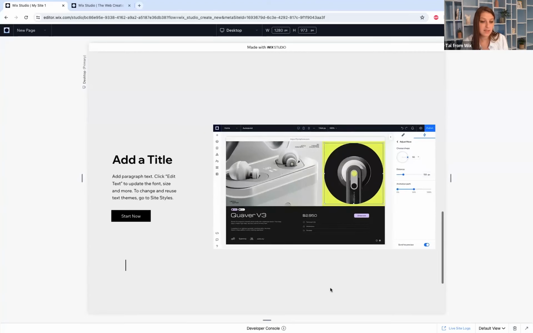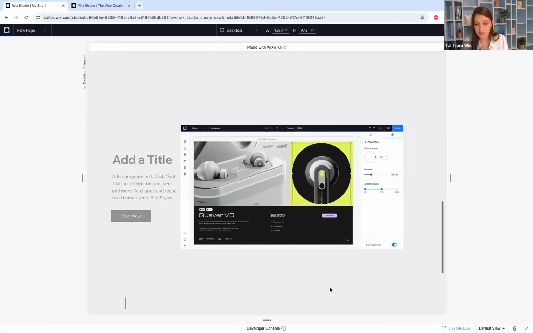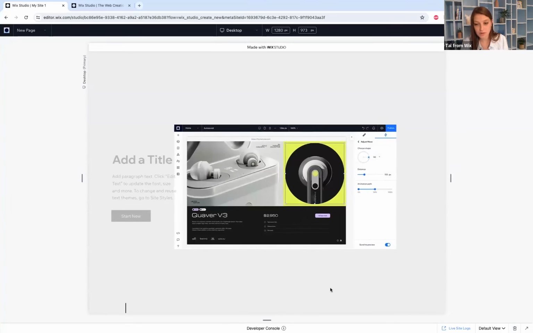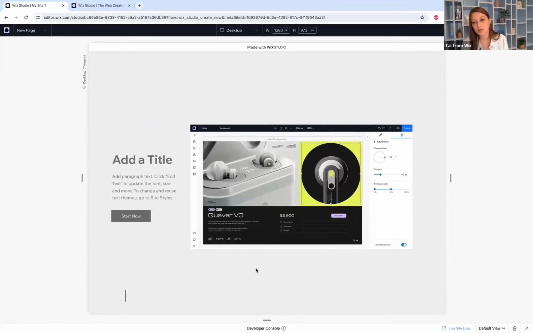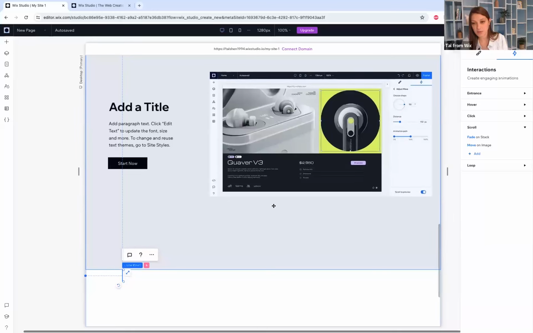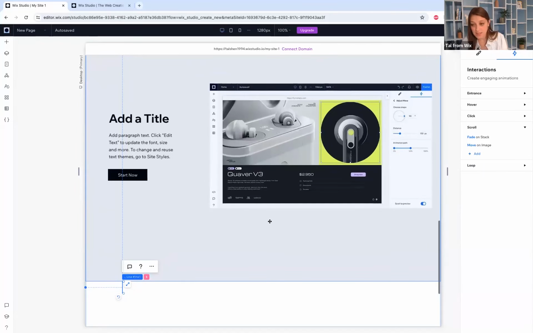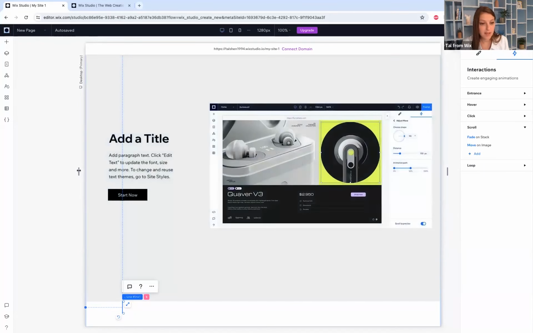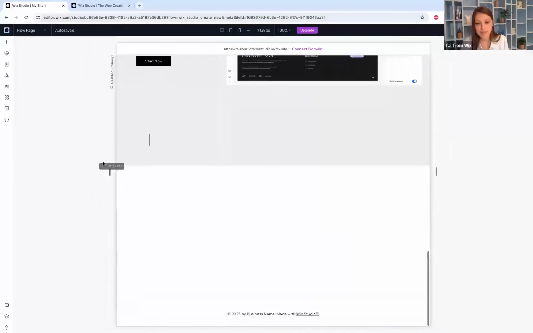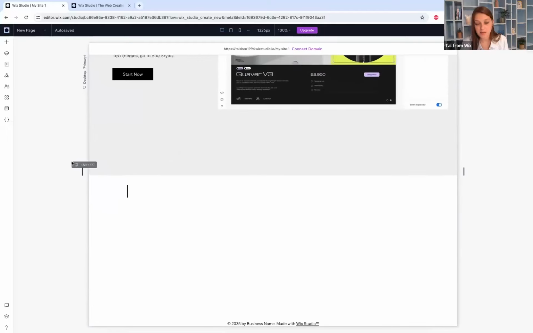So this is a great way to know when you want to start the animation, and you have more control to decide when you want to use this line and start any interaction you want. But the last thing here, every time you need to check your responsive, you will see this line moves up and down and